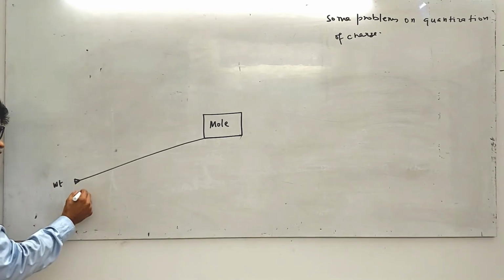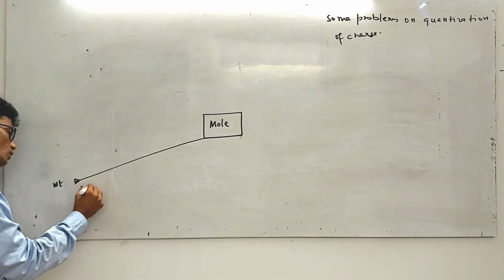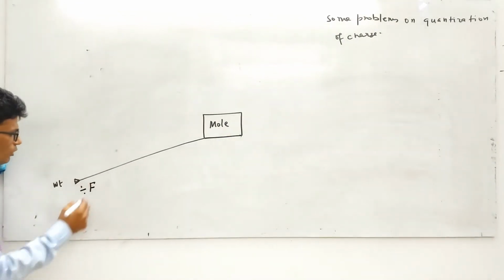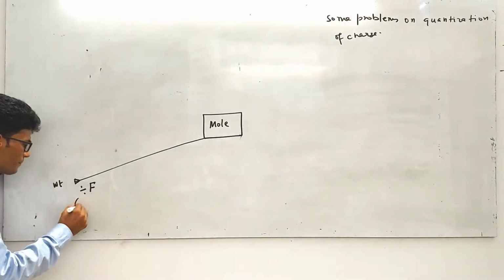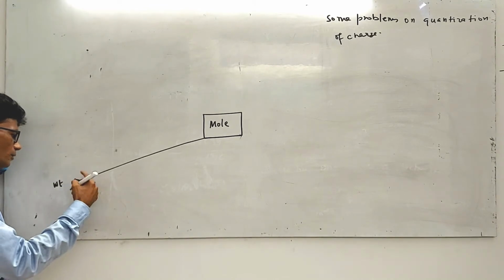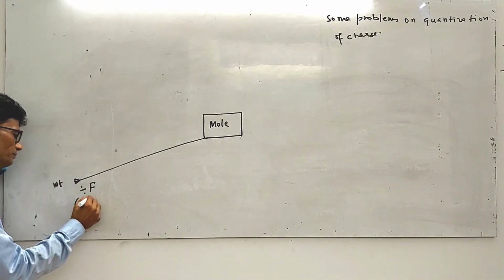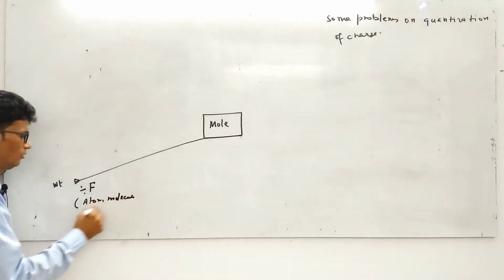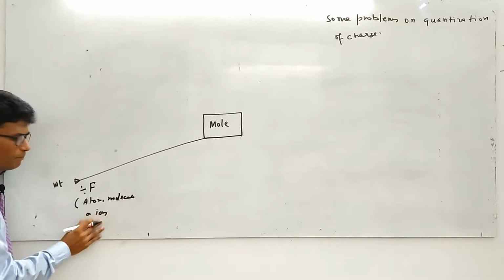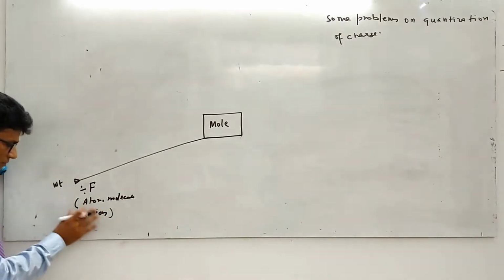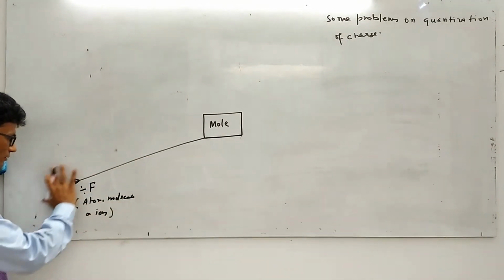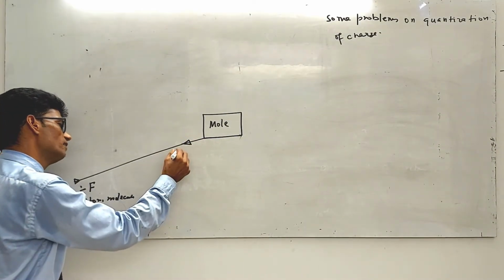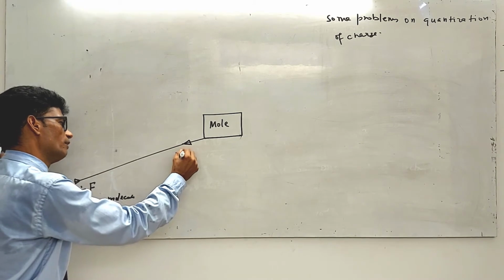So to get moles, weight is divided by formula weight. Why do I call it formula weight? Because it may be an atom, molecule, or ion, maybe a simple ion or complex ion. We will talk a little bit about this after completing the chart. And if we come from moles to weight, we multiply by the formula weight.